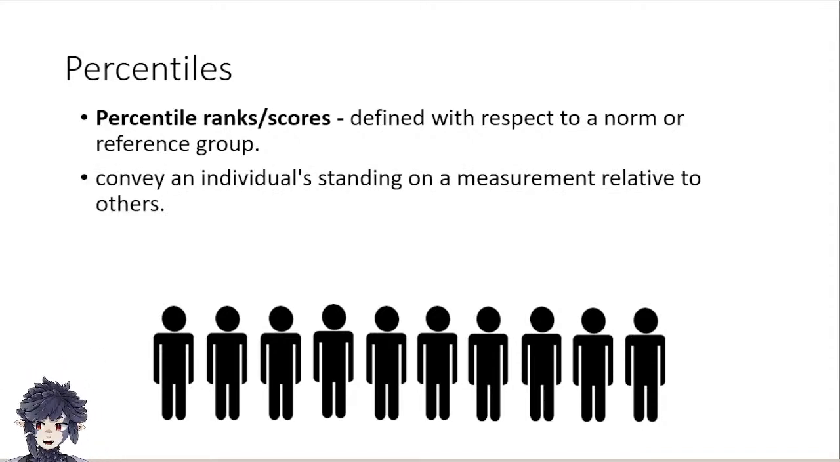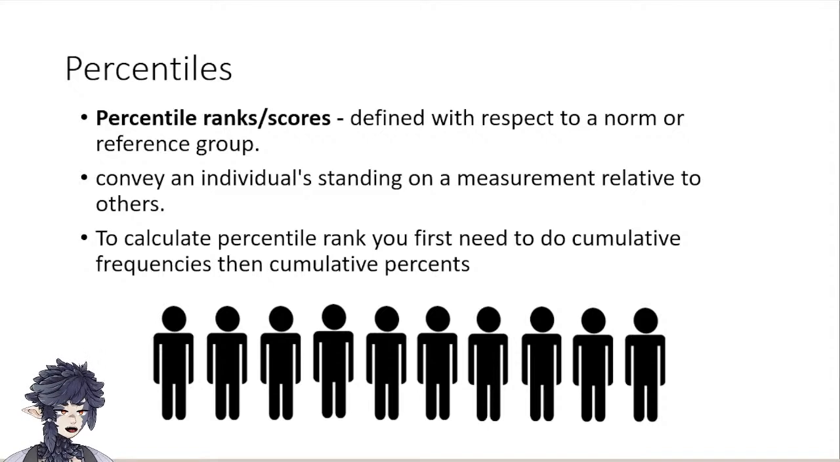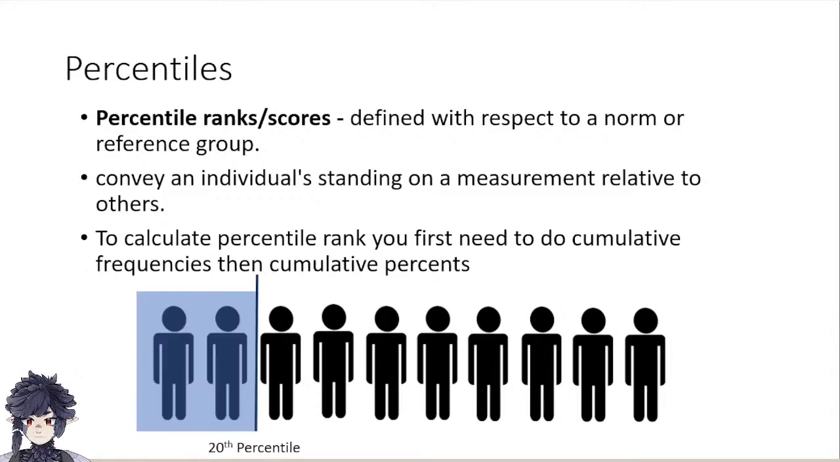So they convey your standing relative to everyone else. It's not just how absolutely did you get above this threshold. So like, did you get an A or a B? It's not talking about that. It's not talking about, say, the percentage of problems you got right. It's talking about how many people did you score higher than? So to do this, first you need to calculate something called a cumulative frequency and then a cumulative percent, which is just the number of people up until your score, and then the percentage of people who got your score or lower. So if I'm in the 20th percentile, that means my score is higher than 20% of people who